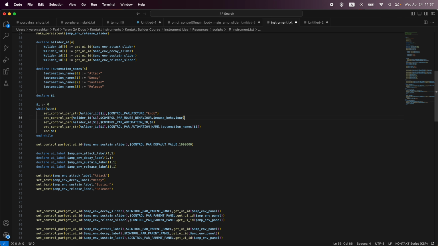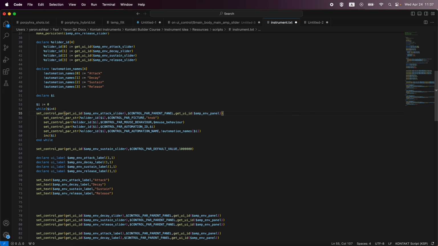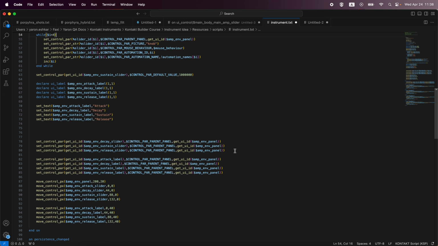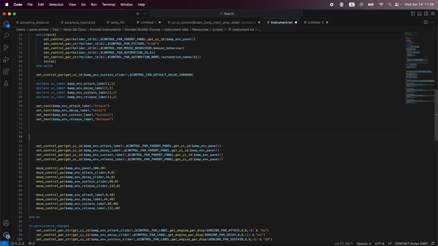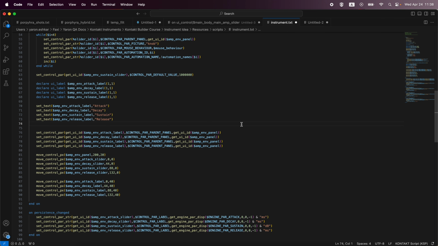And you know what? I think parent panel should kind of go first. Just my preference. So we're going to take the slider ID and put it in the parent panel. I think that's good for us. Yeah, that should do the trick. So we can remove the panel stuff. Okay, now we have